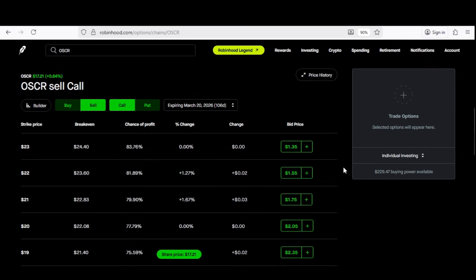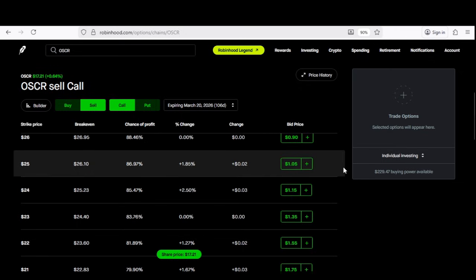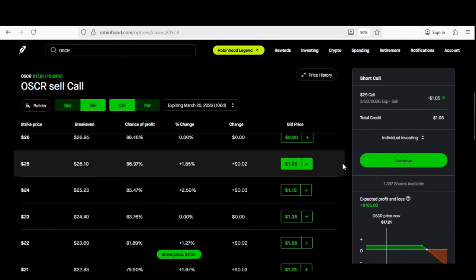So let's go ahead. We're going to go up, and then the price I'm going to be choosing is going to be the $25 strike price right here. We're going to go ahead and select that. Okay, this is going to be the third income generating option strategy, and this option strategy is known as the